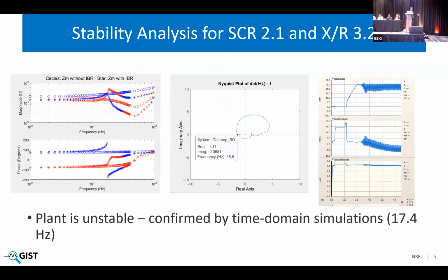So again, we did the impedance scan study and found out that some of the IBRs in that region didn't like the weak grid condition. I won't go into how to interpret these impedance scan plots, but the takeaway here is that for short circuit ratio of less than 3, some of those IBRs were running into instability at around 17 Hertz. And that was the cause of instability.